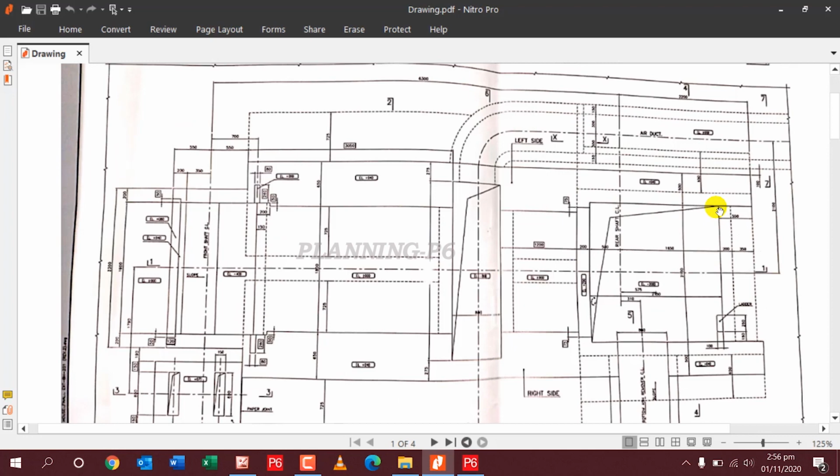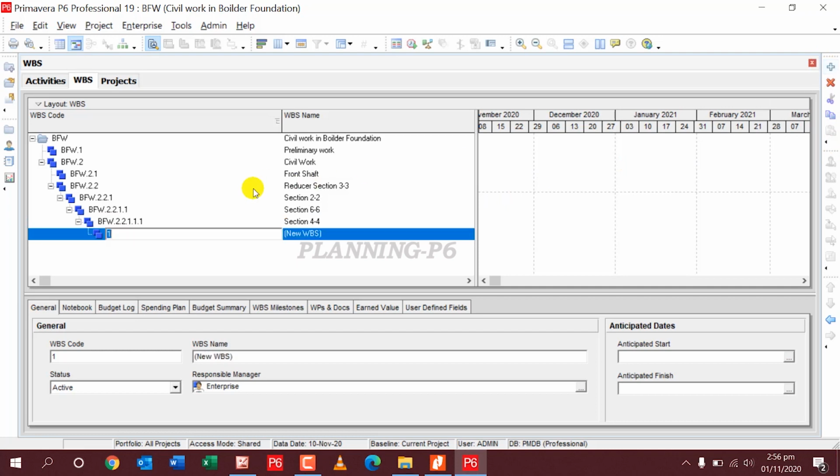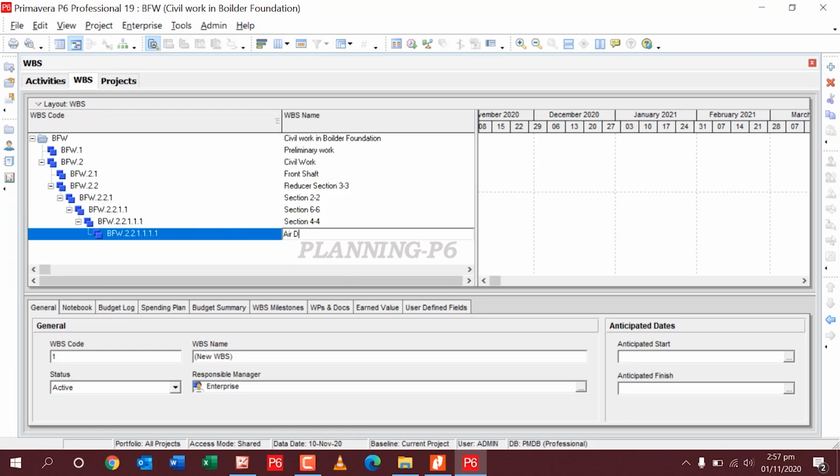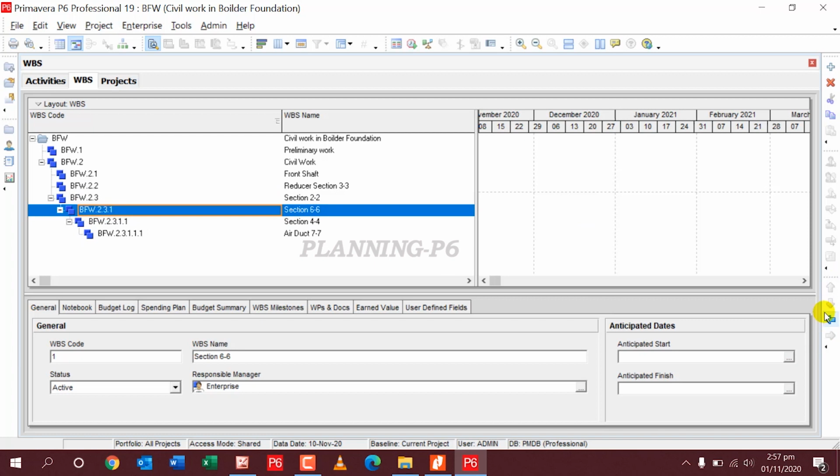The air duct is air duct. I will just write a name here also. Air duct, and 7-7. So here I have all the WBS I created in civil work.